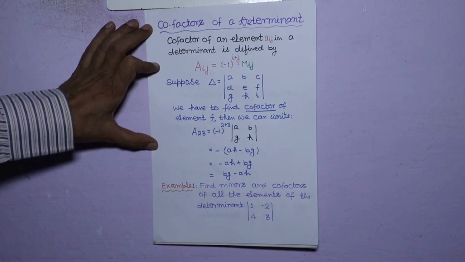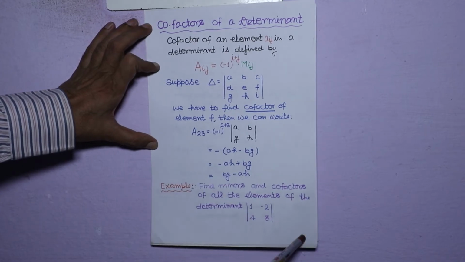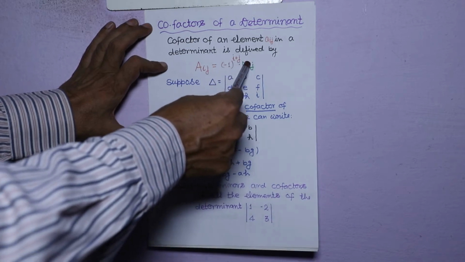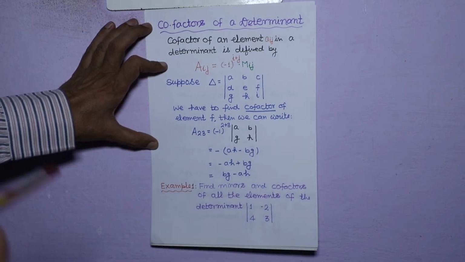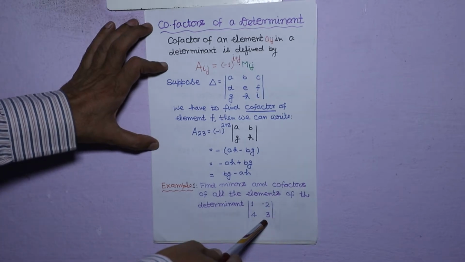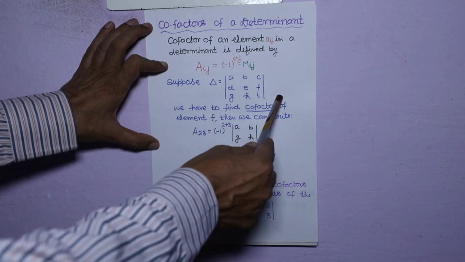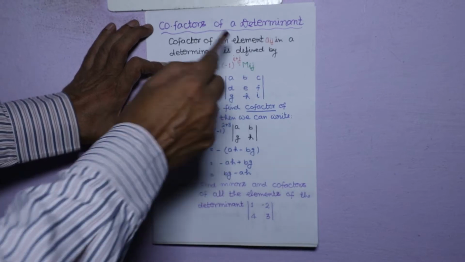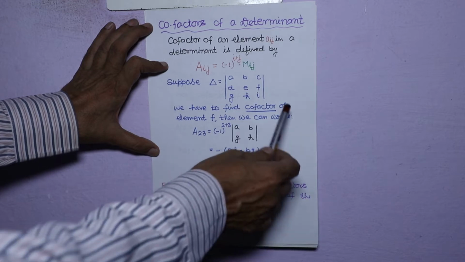Cofactors of a determinant. Cofactors are very useful. They are very helpful to solve the determinant. Aij is minus 1 to power i plus j, Mij, the minor of ith row, jth column. So students, again go back. In first video, I have expanded along first row. So the complete value is called cofactor that I was using, and that is why we are getting the minus sign.